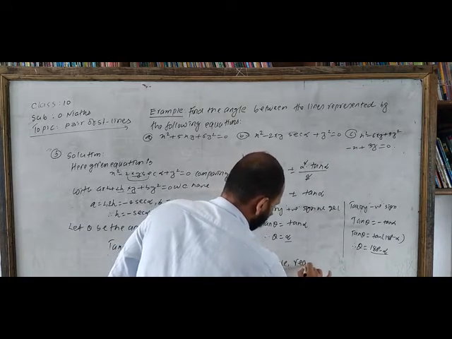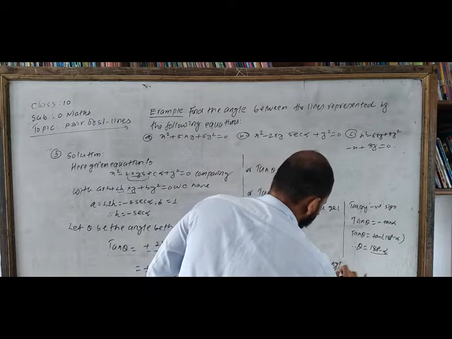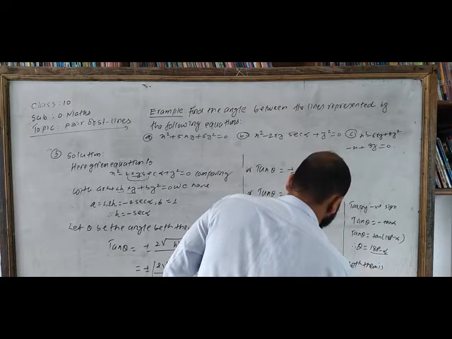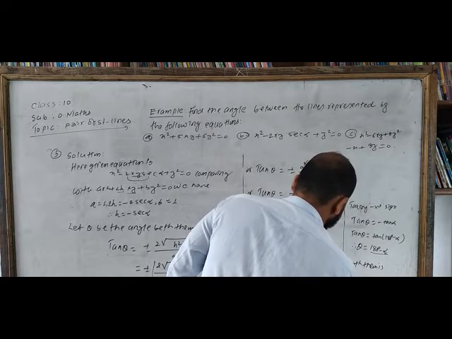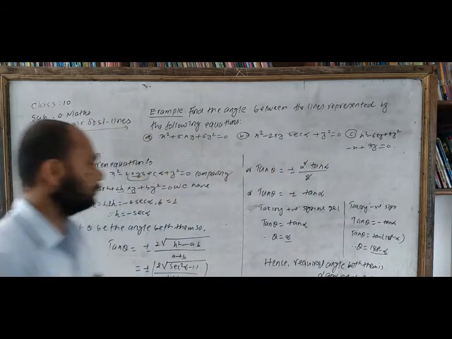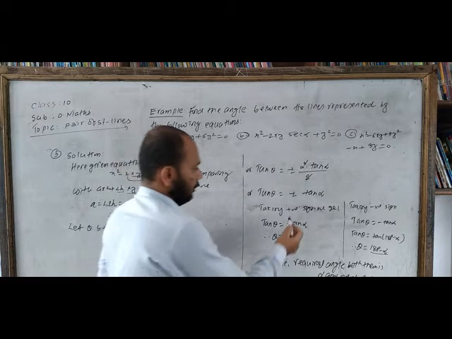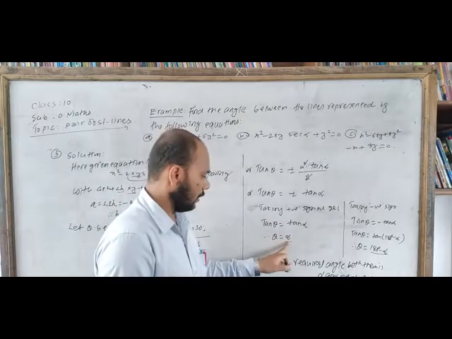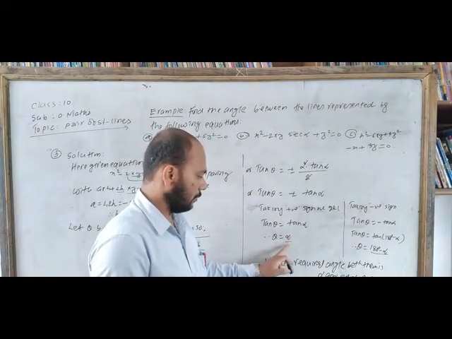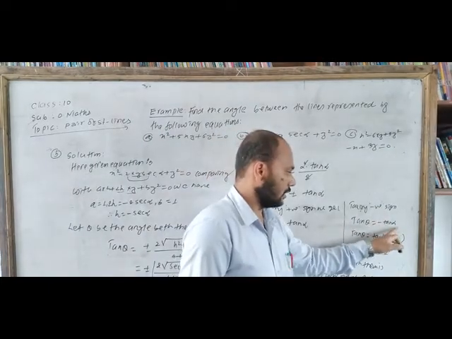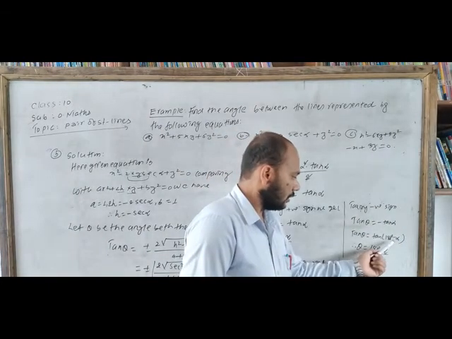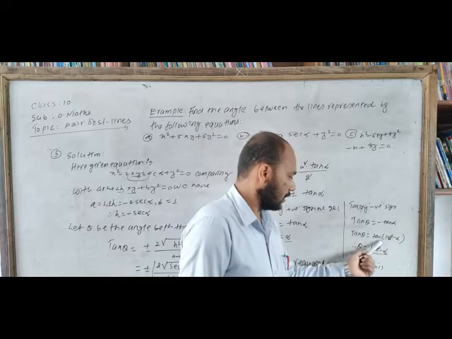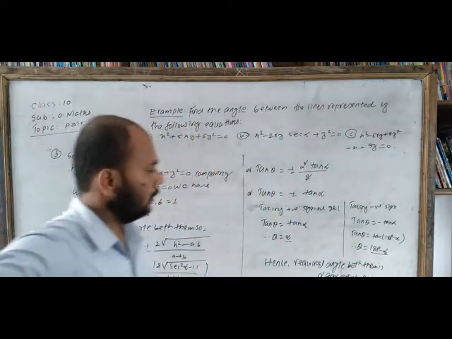Hence the required angle between them is alpha and 180 degree minus alpha. You write in this way. You take both signs, positive as well as negative. When we take positive, then we have alpha, this is the angle between them. From here you take negative, minus tan alpha, written as tan of 180 degree minus alpha, which is minus tan alpha, tan cancel, theta is equal to 180 degree minus alpha. Okay, write down.